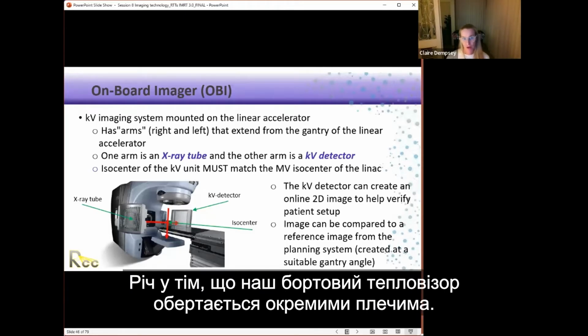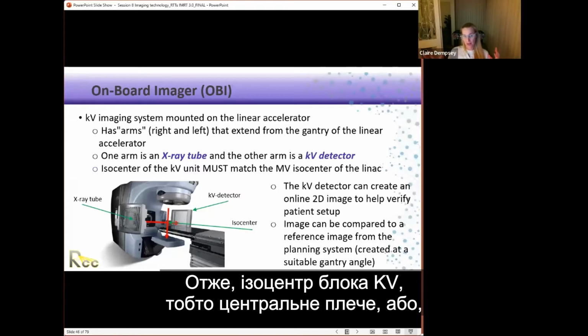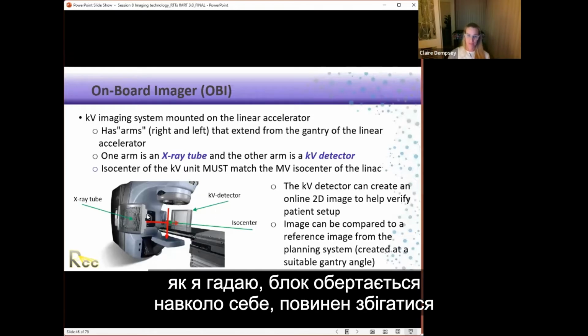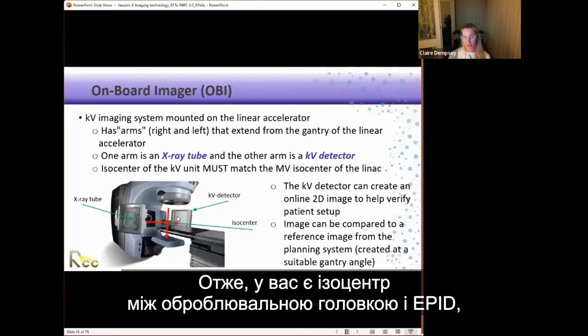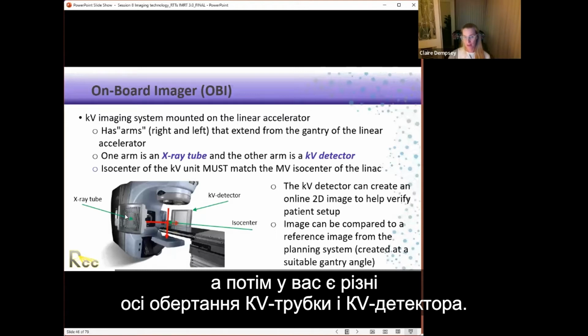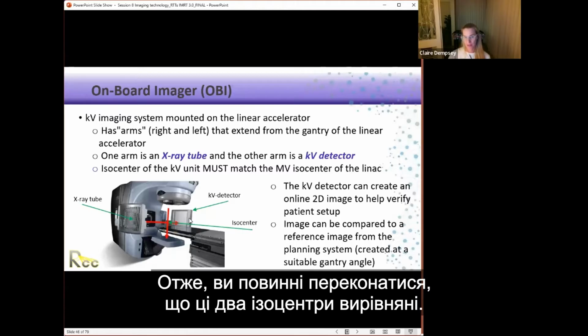So the thing with our onboard imager is it rotates on its separate arms. The isocenter of the kV unit, so the central part around which the unit rotates, must match the MV isocenter of the linac. So you've got an isocenter between your treatment head and your EPID, and then you've got a different axis of rotation of your kV tube and your kV detector. So you've got to make sure that those two